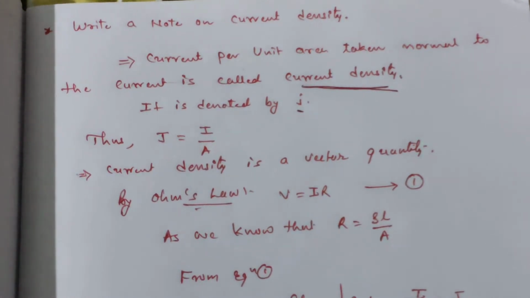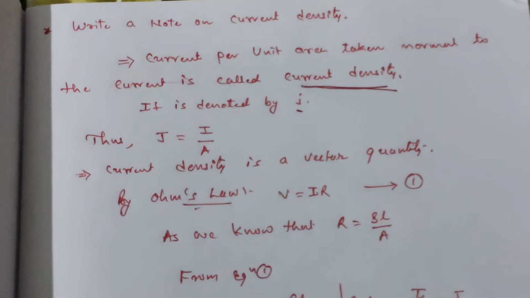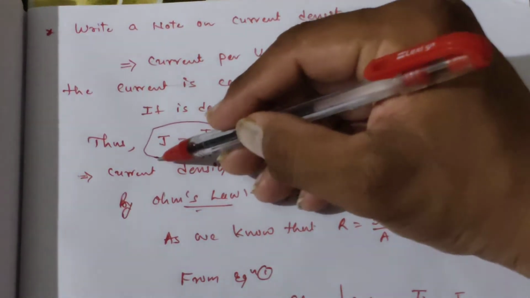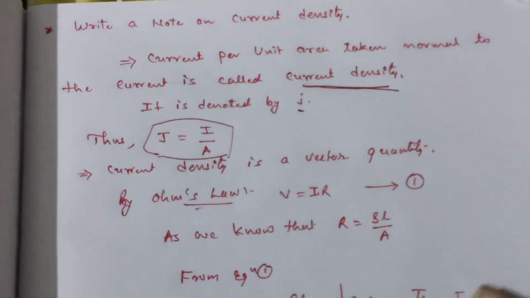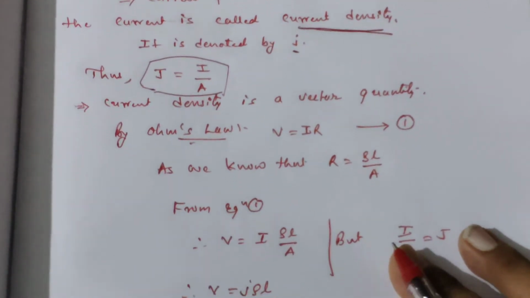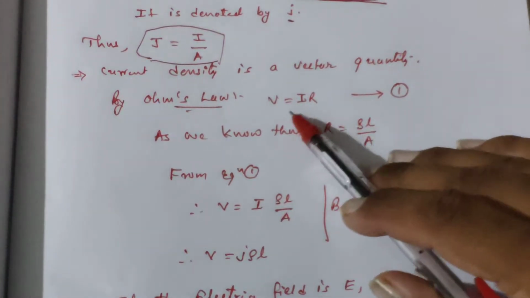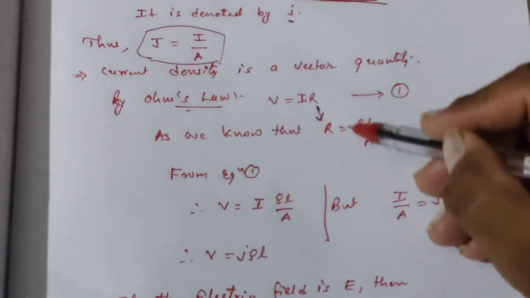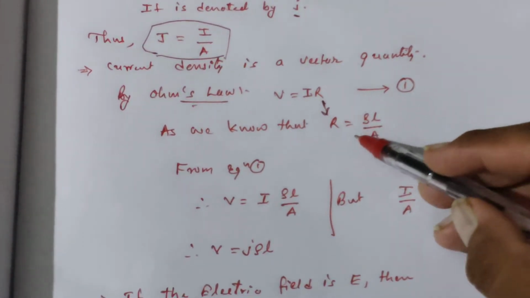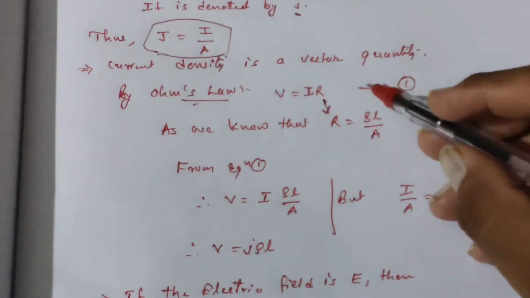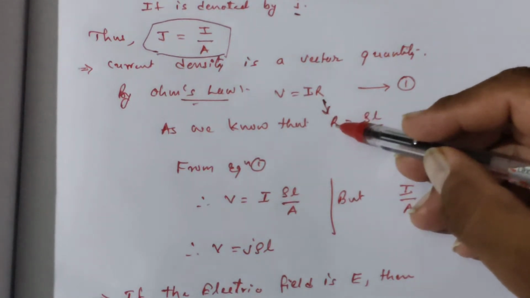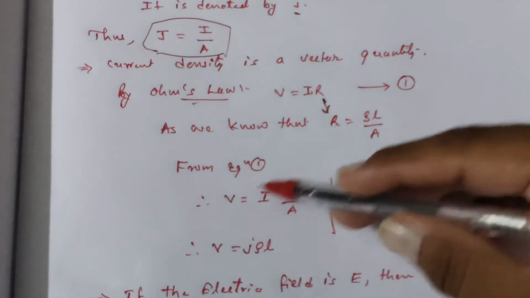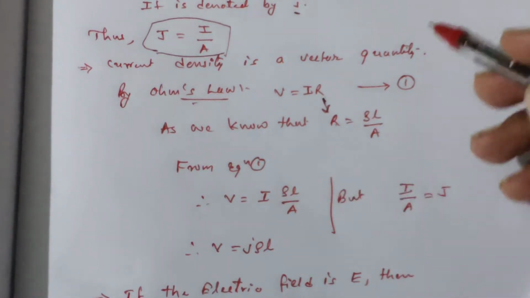It means what is the relation between current density and electric field. As we know, J equals I upon A. Remember this value. Now at present we have only a single relation, which is known as Ohm's law. Ohm's law says V equals IR, and the value of R, which in the last session we showed, is R equal to rho L upon A. Now just insert this value of R over here. So the equation we have for voltage is V equal to I into rho L upon A.